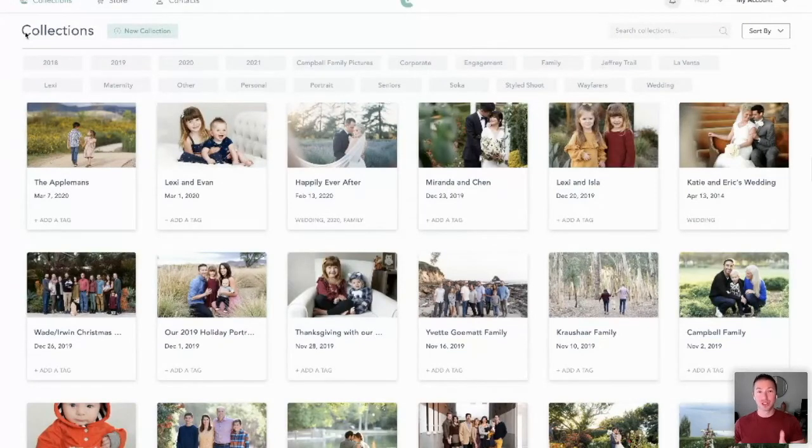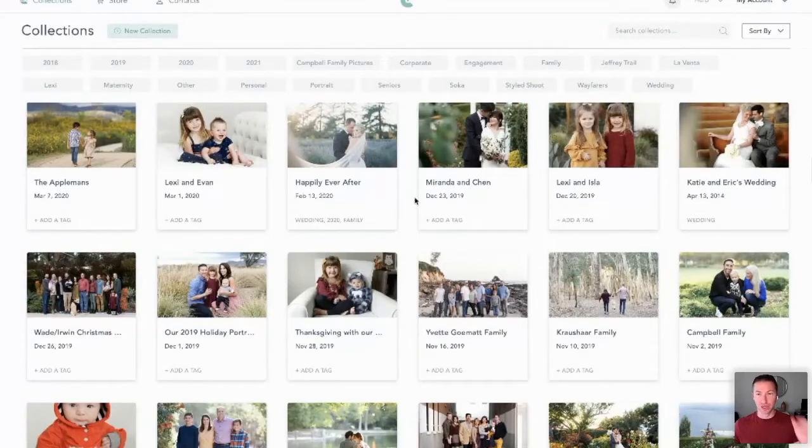So let me show you how the amazing team at Plann and our team here at CloudSpot, which is built by photographers for photographers, has worked to pretty much eradicate this entire need to even touch your phone when it comes to posting to social media, and how it's ingrained right into your organic workflow as a photographer as you're working through and sharing your clients' photos. So let me dive right in here.